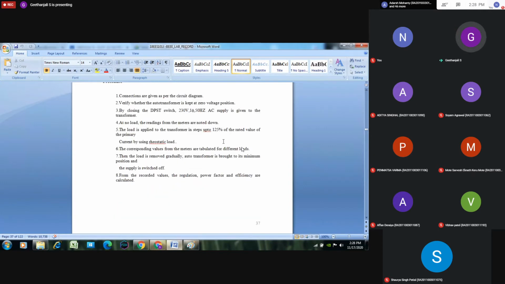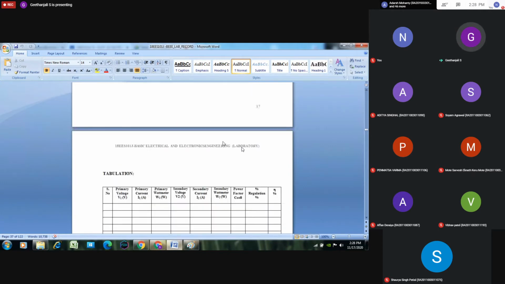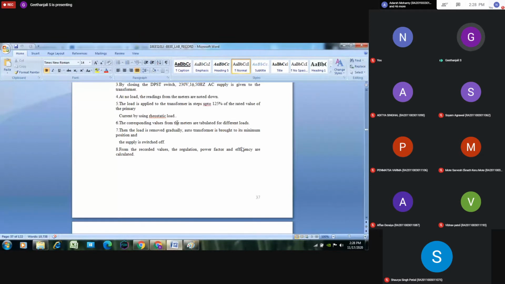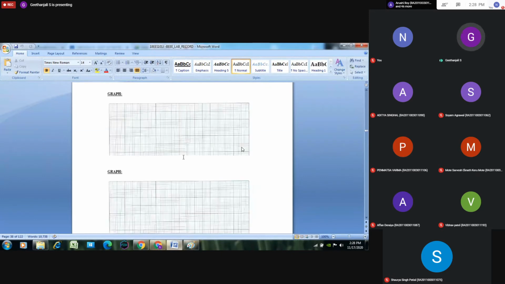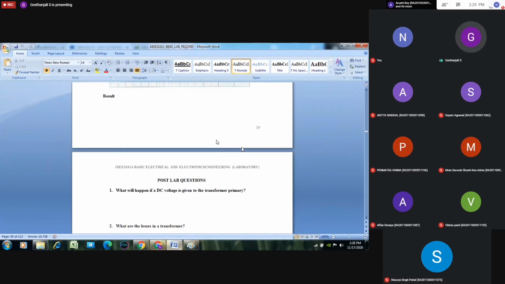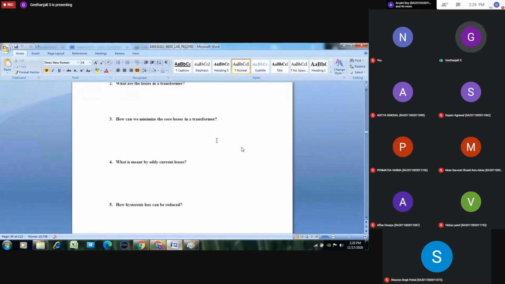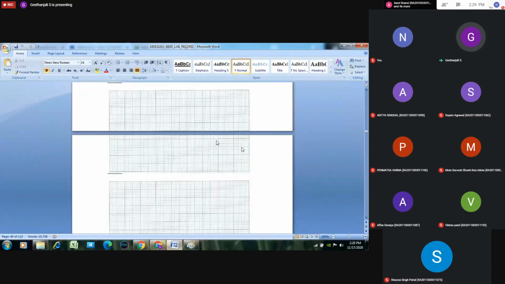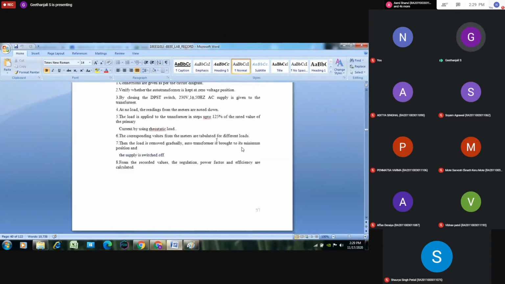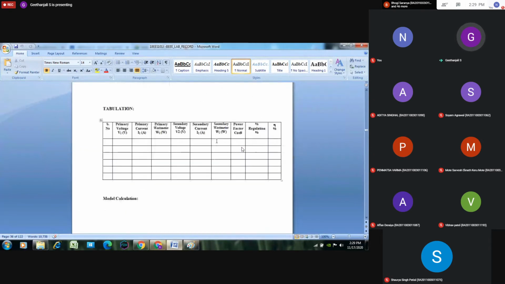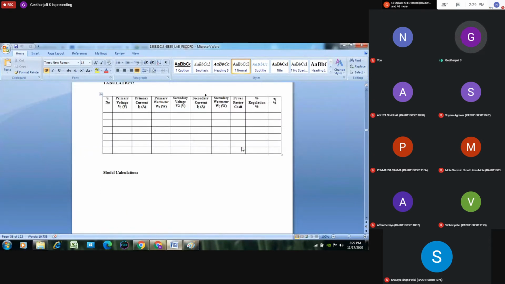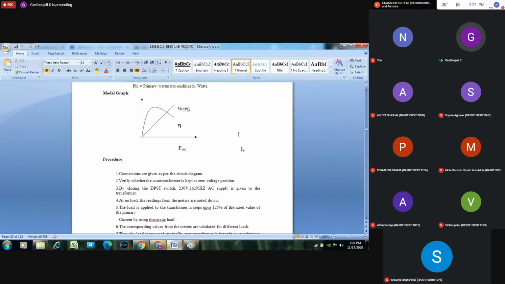So this is the procedure. If you are doing the experiment in the lab, you can use this procedure. This only we are going to apply in the E circuit also. This tabulation alone we are going to fill. Afterwards you have to draw the graph here. Then there is a set of questions, that is the post lab. You can find the answers from the textbook or from the net. We are going to give the circuit connection as well as fill this tabular column. This only we are going to do here now.